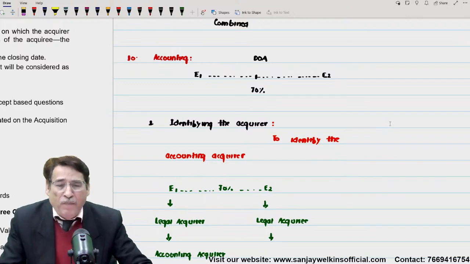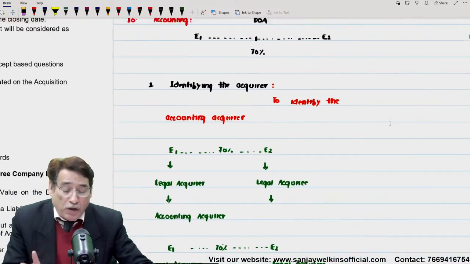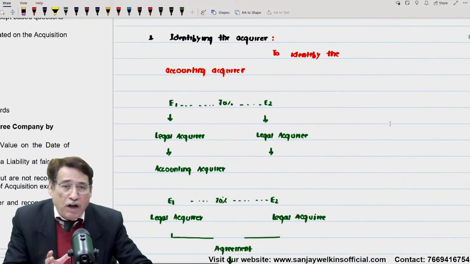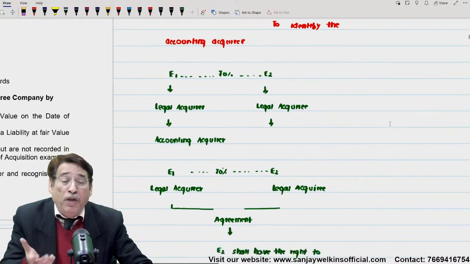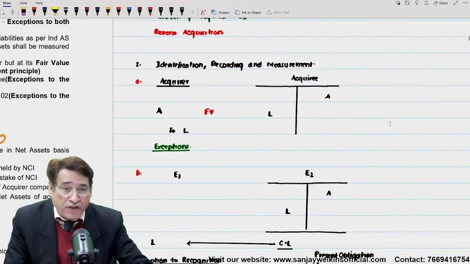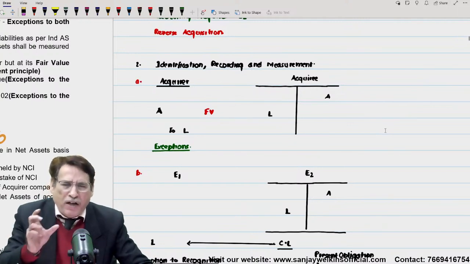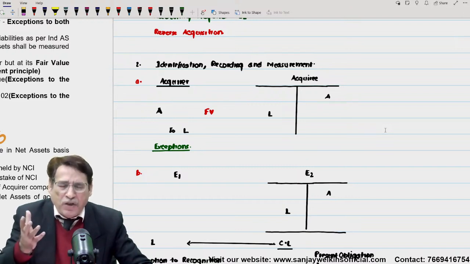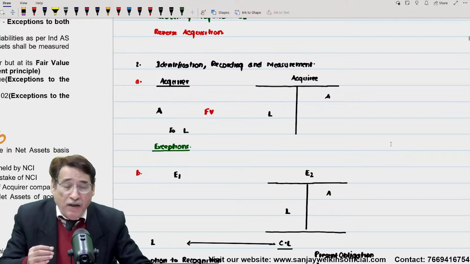Importantly, in the last session, in the final stages, we were talking about accounting. I told you that this standard states that on the date of acquisition, the acquirer company will have to do the accounting. When we do the accounting, the first step is to identify the acquirer, which means in whose books the accounting will be done. That means for the purpose of accounting, who is going to be the acquirer. This is the first step. I also told you, generally the legal acquirer remains the accounting acquirer also, but under rare circumstances it could be a possibility that a legal acquirer is not the accounting acquirer.